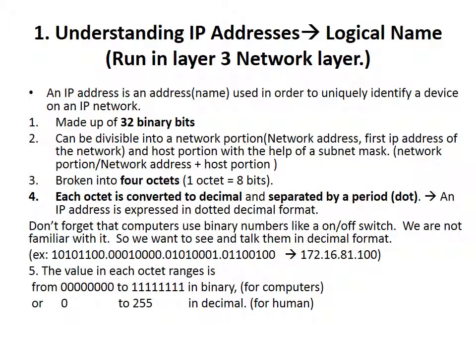Now let's talk more about IPv4. An IP address is an address, a name, used in order to uniquely identify a device on an IP network. The address is made up of 32 binary bits, which can be divided into a network portion and host portion with the help of a subnet mask. The 32 binary bits are broken into 4 octets. 1 octet equals 8 bits. Each octet is converted to decimal and separated by a period, a dot. For this reason, an IP address is said to be expressed in dotted decimal format, for example,